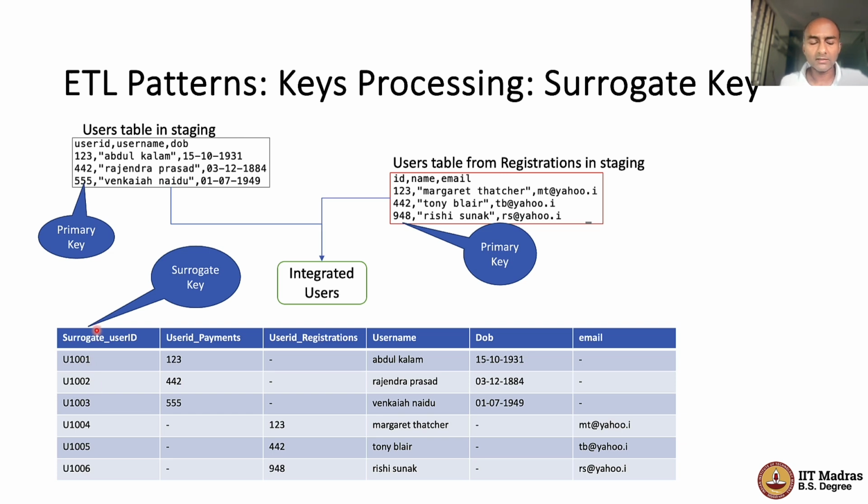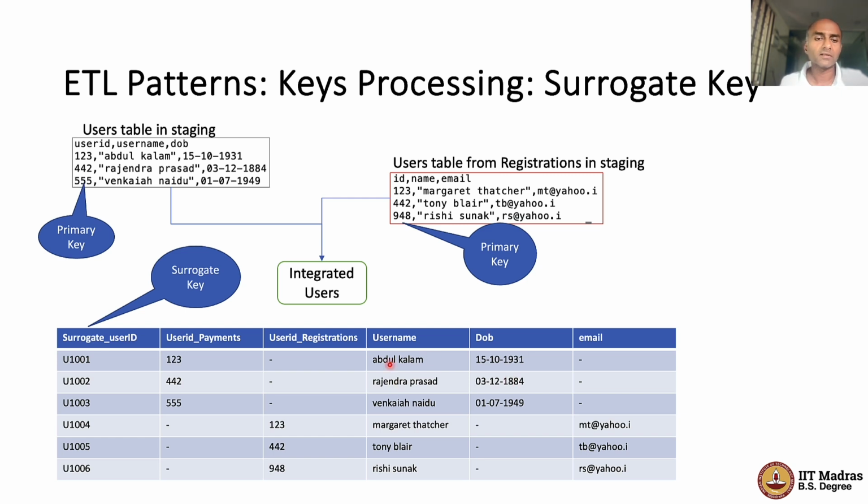Because this is now the unique key for this integrated users table, you also now can model each of the different occurrences of 1, 2, 3 separately, which means for the purposes of the integrated users table, all of the different columns coming from the payment system can be treated as naturally occurring business process related columns. So I modeled this directly. So user ID, which is available in my payment system, is modeled as it is. So that's 123442555. The user name and the date of birth coming from the same payment processing system is modeled